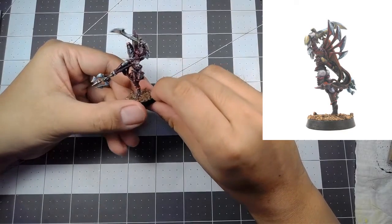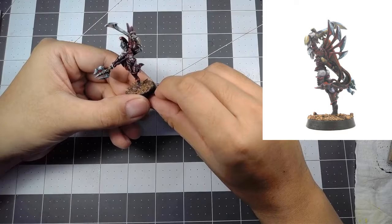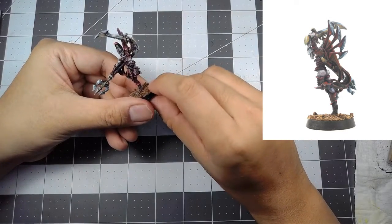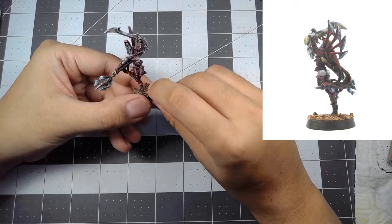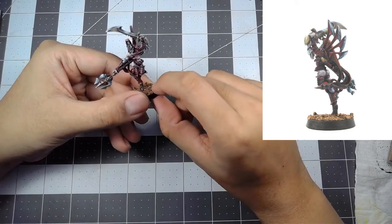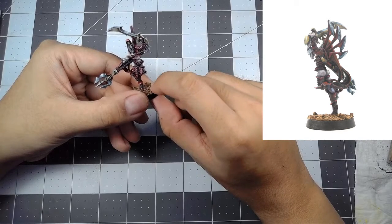The other models that I had included were the Eldar Guardians, which I finished, and the goblins. I had about 36 of those goblins that I wanted to finish, and this model here, which was voted for